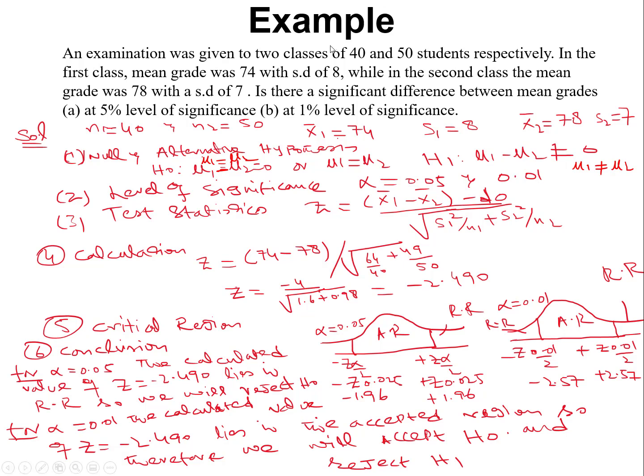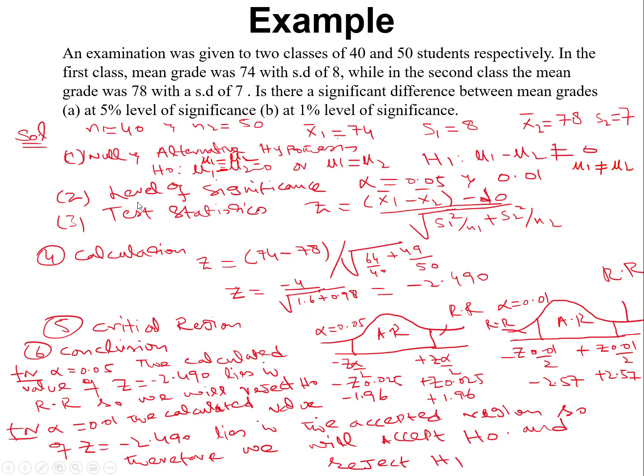So basically this is the data of two classes, and they took these classes from a large population, maybe there are 1,000 students. On the basis of these sample statistics, we will decide whether both classes have the same average or different averages. So in the null hypothesis, we claim that both are the same. The alternative says no, they are not the same. Now we need to find out the exact situation, which claim is right and which claim is wrong.